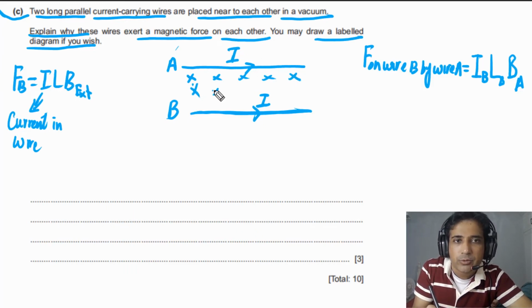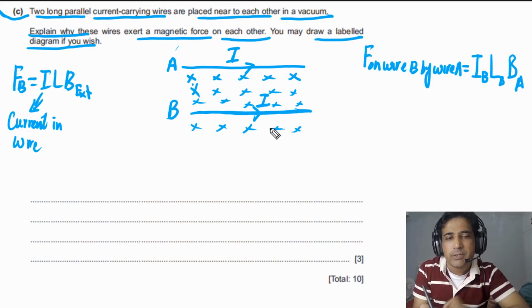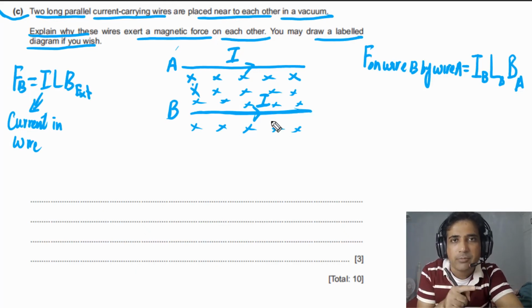So we can also draw some crosses here. So the magnetic field under this wire is into the page. Now you can see from here, this wire is inside the magnetic field of wire A. So this wire B will experience a force. You can also understand that if you go from this point to this point, away from the wire,